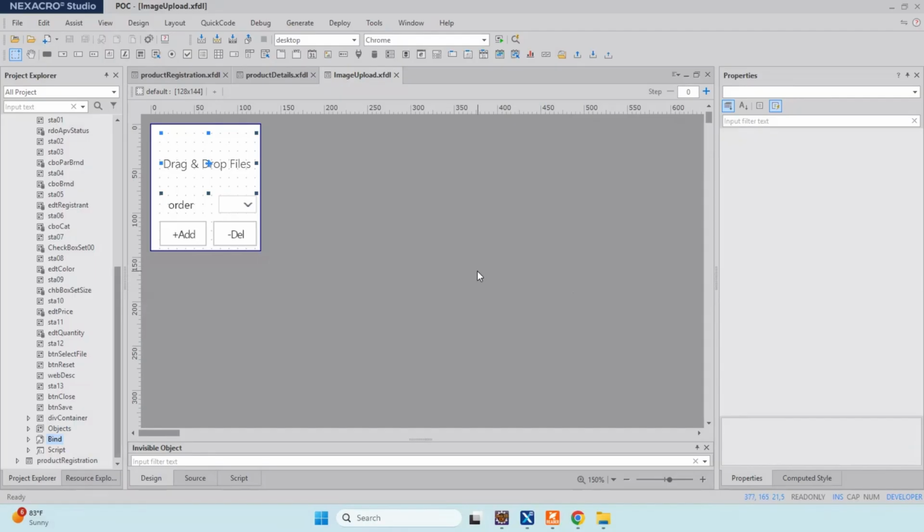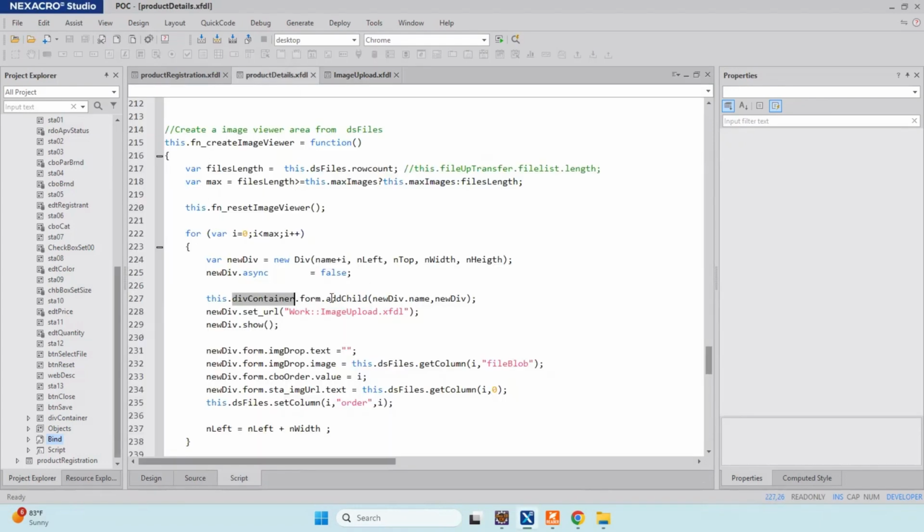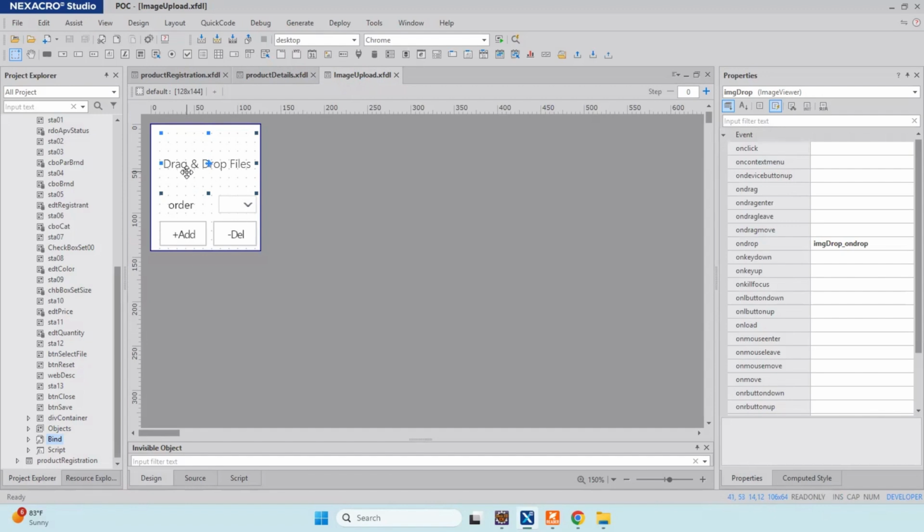Let's look at the code for drag and drop files, add, delete, and change of order here. This image upload file is called from product details. It is added to the div container. Drag and drop files is an image viewer. It has an on drop event.